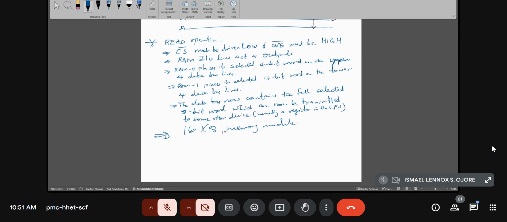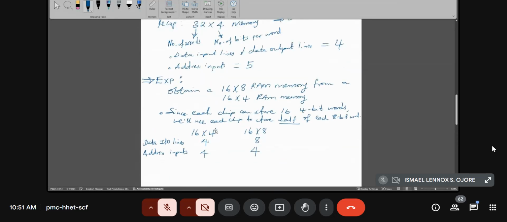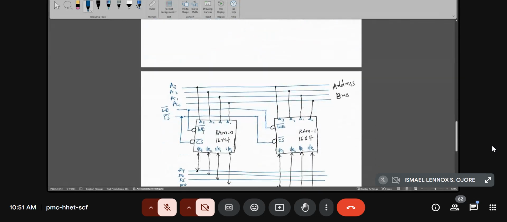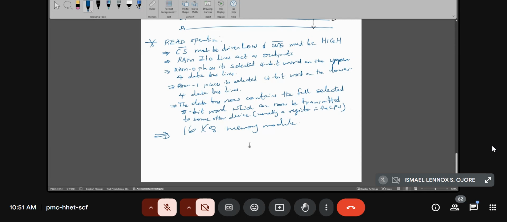So I think that is clear. So regardless of what figures these are, 16x4, it could be any kinds of sizes. You have an idea of how to proceed and how to finally achieve the word size